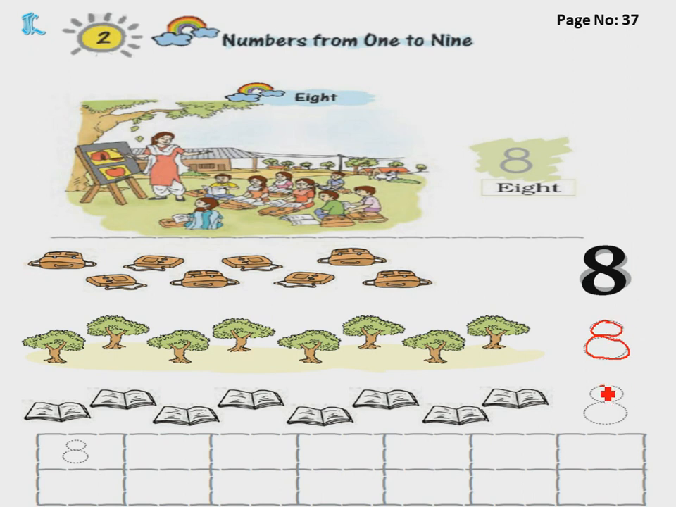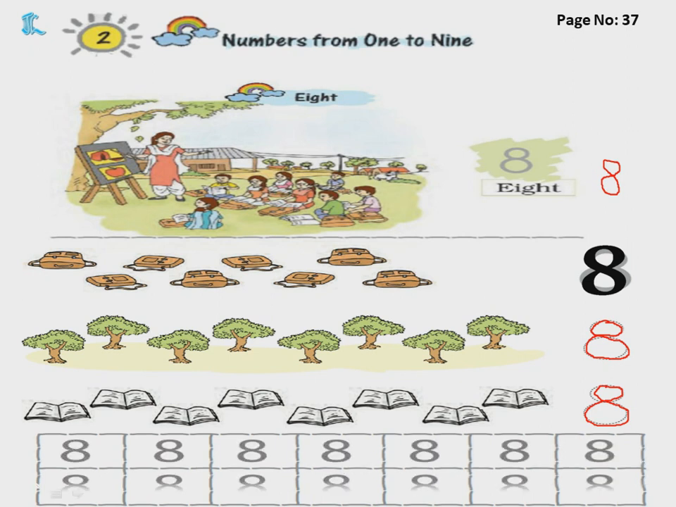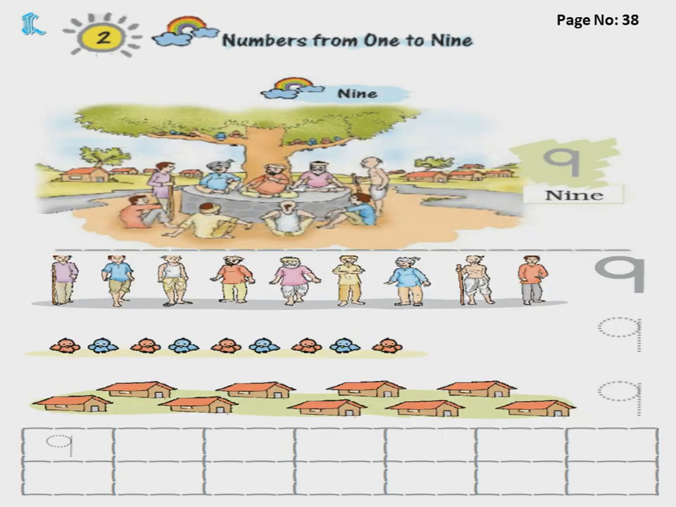Once again, like this, then you will make a circle like this. Okay, see once again I'll show you like this and like this. What is the number name for 8? E-I-G-H-T, 8. Similarly, you will complete all the boxes like this and along with that you will say the number name, E-I-G-H-T, 8. Now, page number